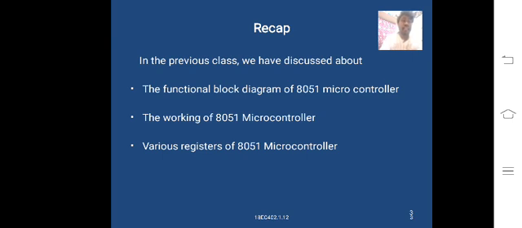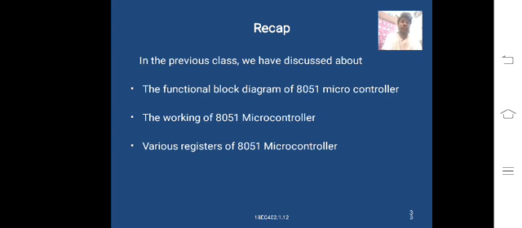That is, we will discuss the special purpose registers related to the microcontroller. Here we also discussed the general purpose registers. After that, the special function registers. The second classification of the register organization of 8051 is the special purpose registers, which are microcontroller related registers. The first one is the program counter.